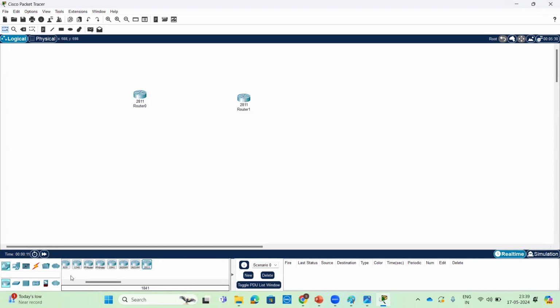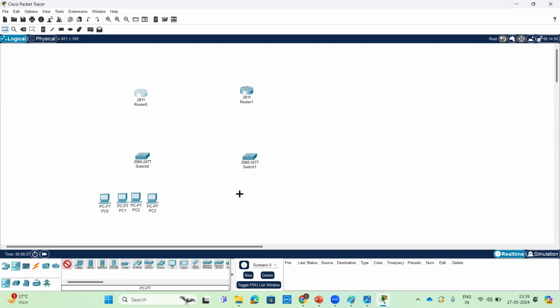It is easy. Two switches. For each location, we have multiple PCs. The connectivity is like